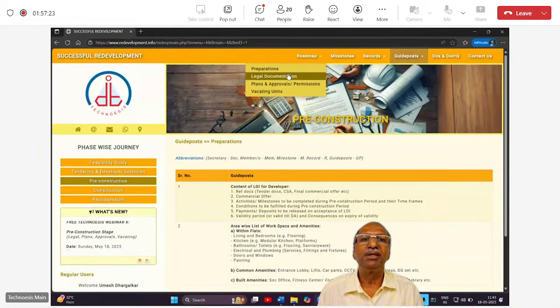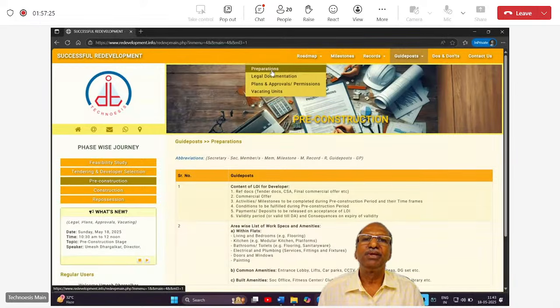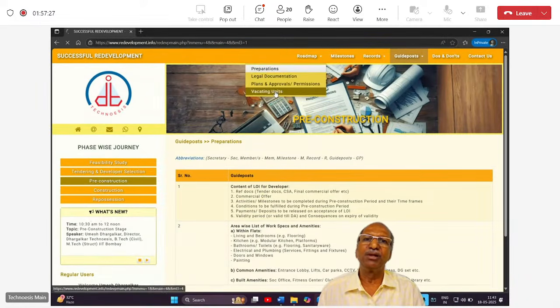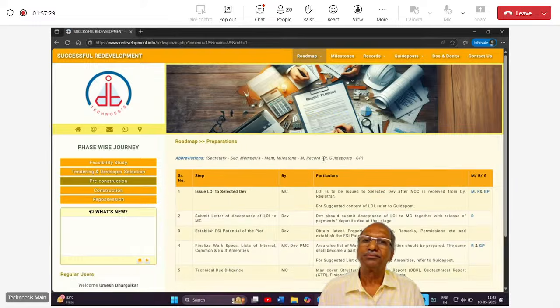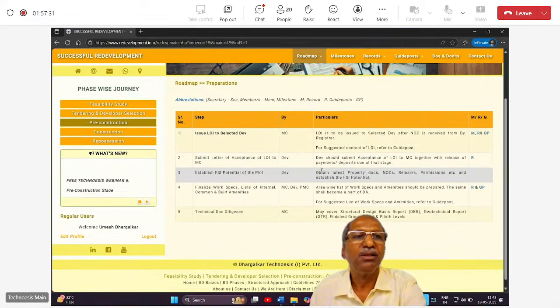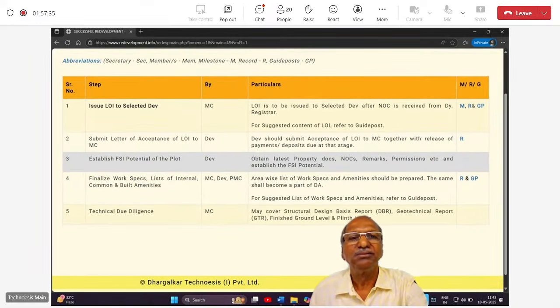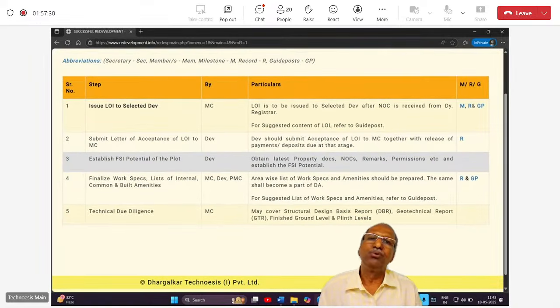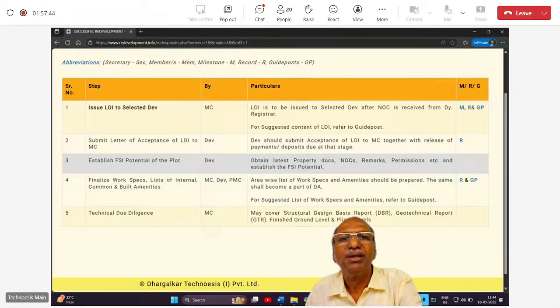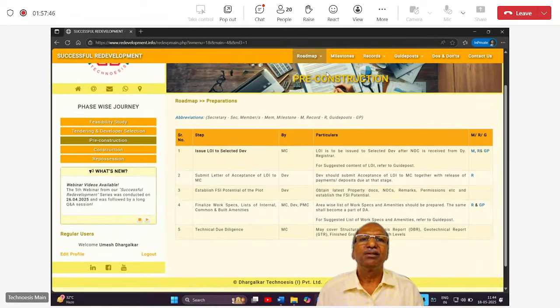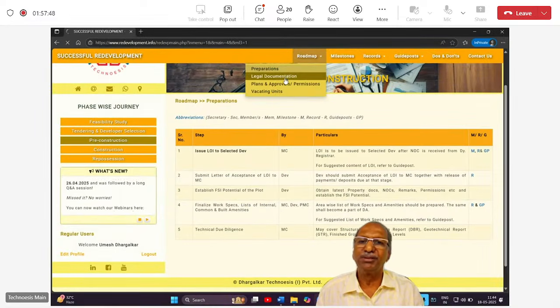Now, we were having a look at preparation. So this is where we were. There are 5 steps here, and then step, by whom, particulars, and the indexes of whether it's a milestone, record, or whether there's a guidepost. Now, like that, if I go to the legal documentation,